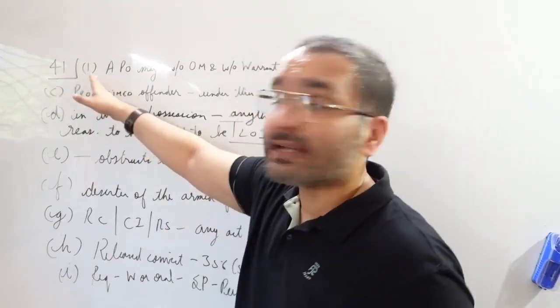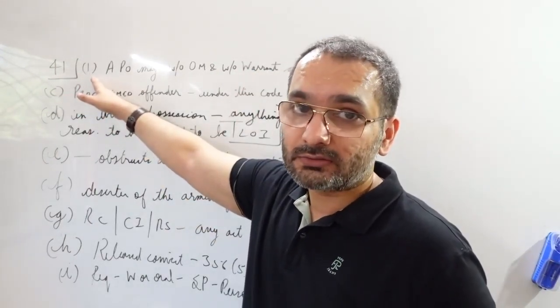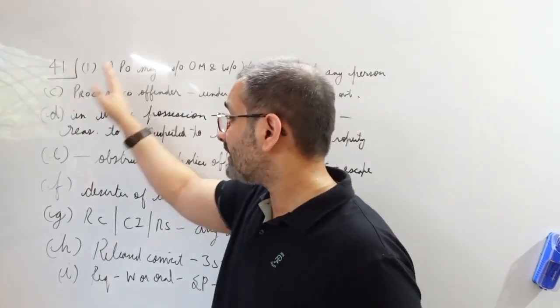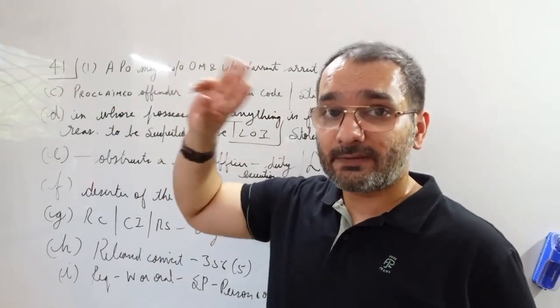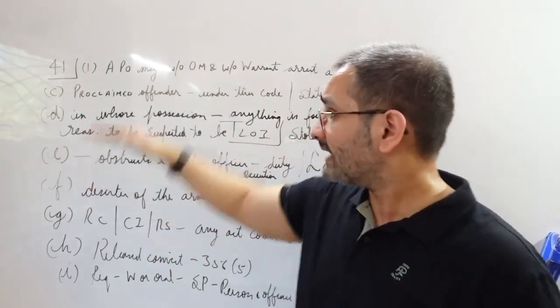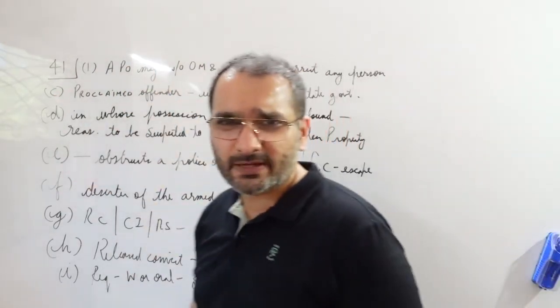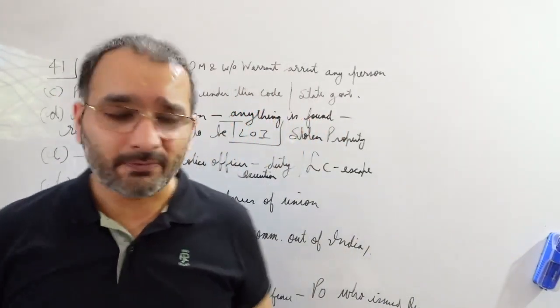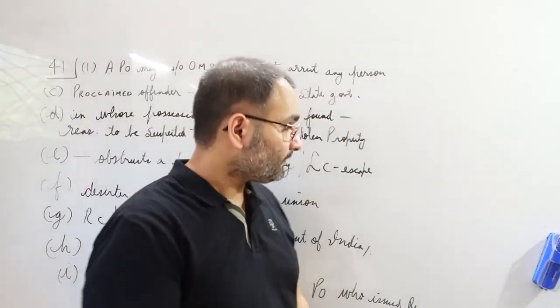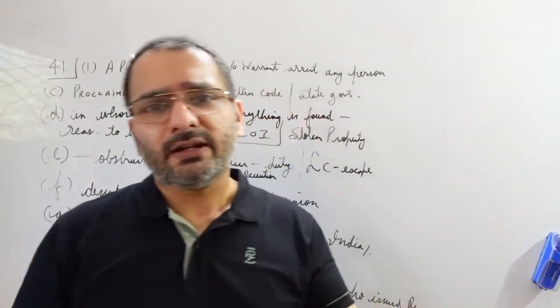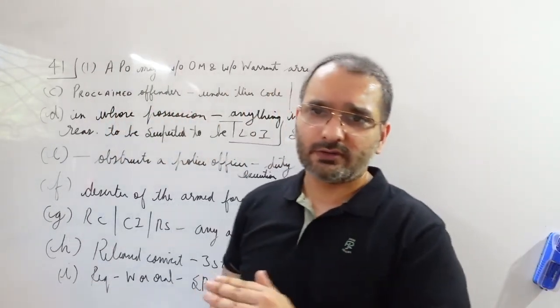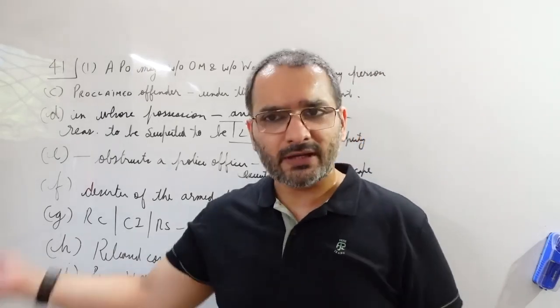41 subsection 1, right? Section 41 subsection 1. These are the conditions. A, B, and BA we did in the previous lecture. Now C to I, nothing much more to explain here. All very, very crucial from the point of view of prelims. Now we go to 41 की थोड़ी सी और detail हल्की सी करनी है, and then we enter into 42, 43, 44 in the coming lectures, of course.